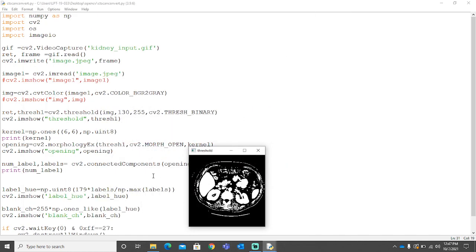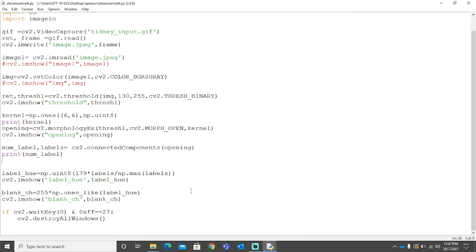Next, when we'll be merging these three images, the one we got at label hue and the blank channels, what we'll be getting is a yellowish image. So we'll be doing cv2.merge now.